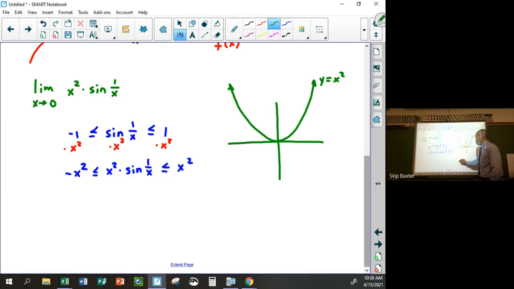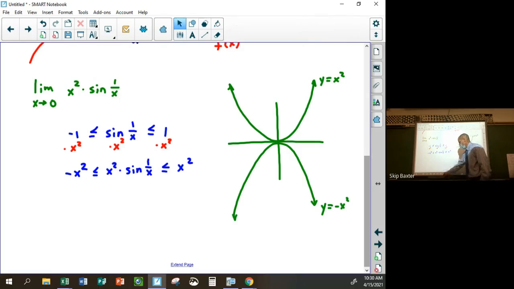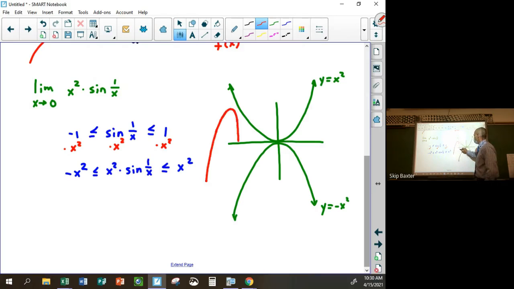We have -x squared, which looks like this. And we know that x squared sine 1 over x is always in the middle between them, right? So maybe it looks like this. I don't really know what it looks like, but maybe it kind of goes like that,